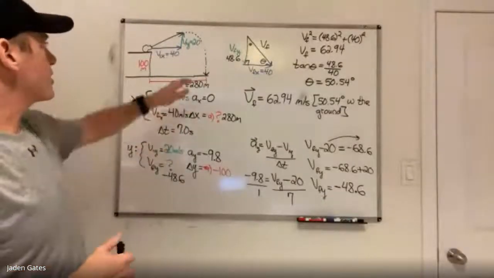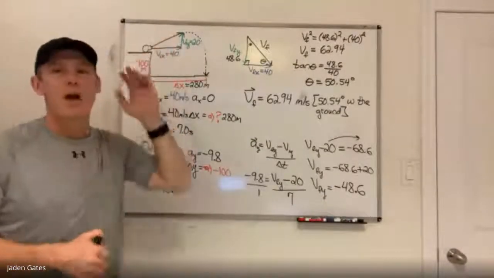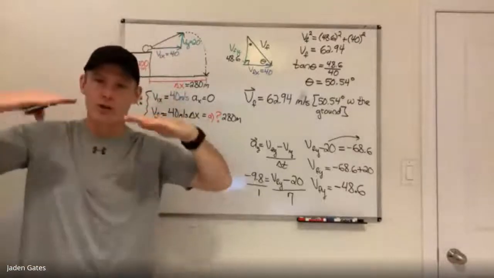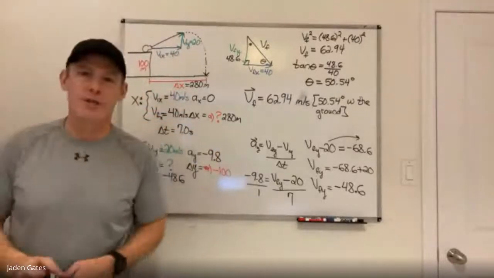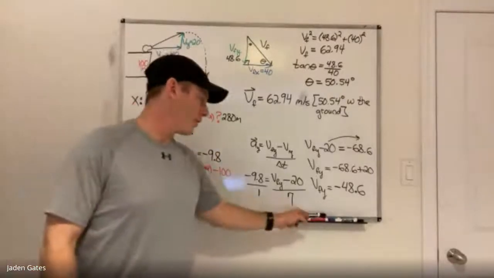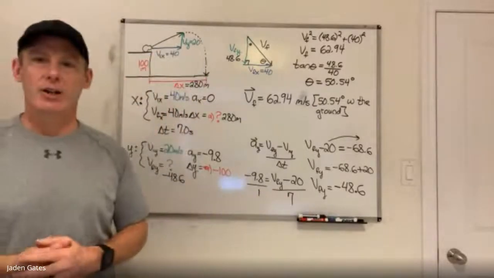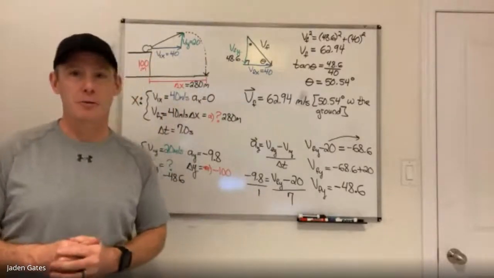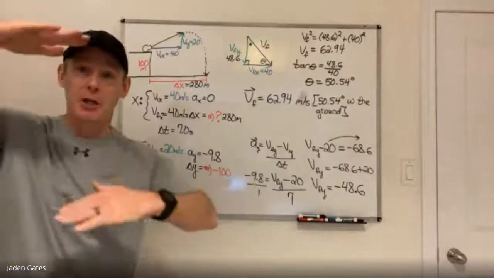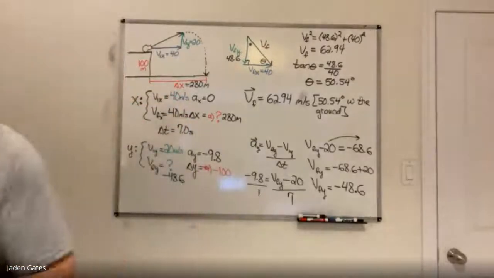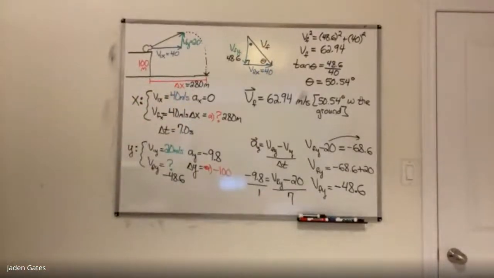Again, it's not the same as our initial one because the levels are changing. That did not happen in our first example, where the soccer ball was kicked from level ground and landed on level ground, which naturally is pretty good for soccer. You wouldn't want soccer hills in a soccer field, although I've seen some high school soccer fields that don't look that great. All right, so